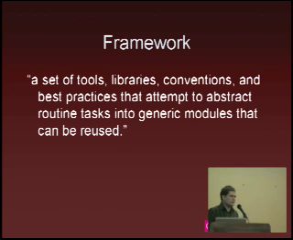Okay. So framework, I think most of the developers in the audience know what a framework is, and they probably use it on an almost daily basis. Here's a definition given by someone on the interweb: a set of tools, libraries, conventions, and best practices that attempt to abstract routine tasks into generic modules that can be reused. So basically, we don't want to keep writing the same stuff over and over and over and over. So we make these little libraries and things that we can reuse,